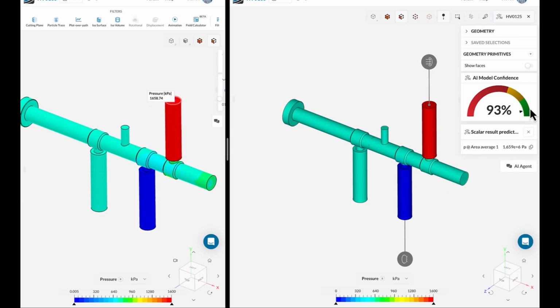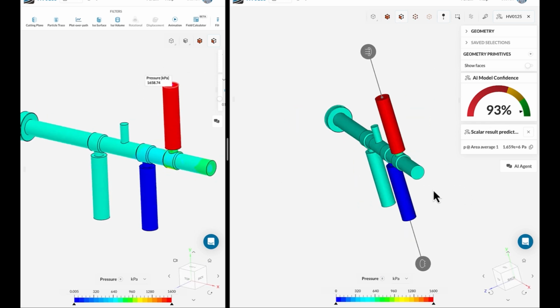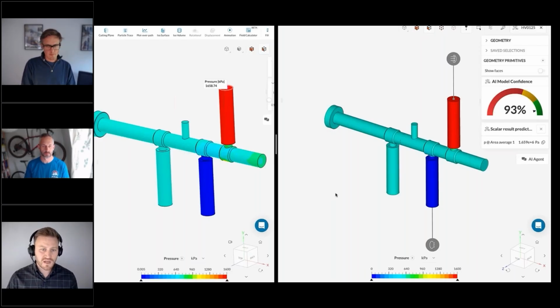So you can really see, using this simple use case, how an existing data set can provide you a lot of value by creating physics AI models from it. But those physics AI models aren't static. As you create more data in your organization, you can constantly grow and retrain the models so that they're always improving. The more simulation data you have, the better the physics AI models are at predicting what the results are likely to be.